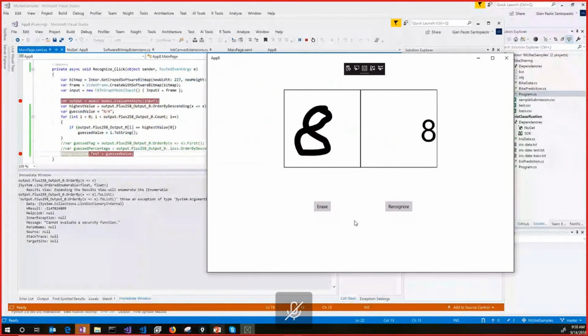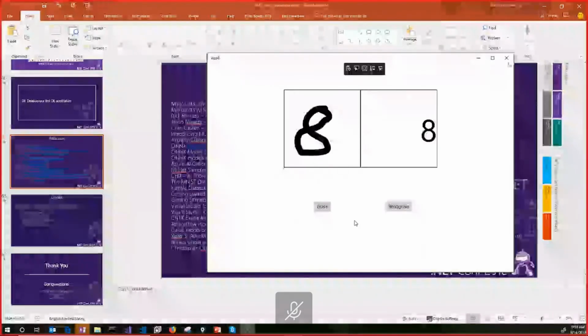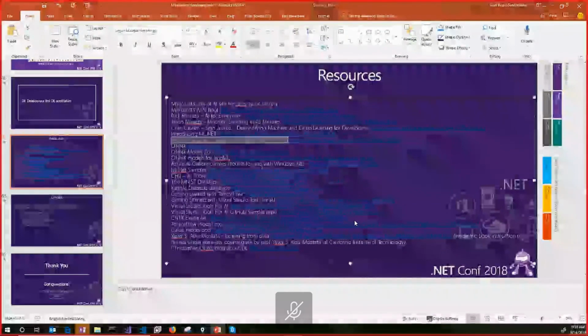That's almost all. All these resources will be available for you to download. Also, the slides will be available to download, so you can get all the resources. As you can see, there are a lot of good points to start. One thing that I want to point out is this 3.5-hour course on theory about deep learning. You must see this course, and that's it.